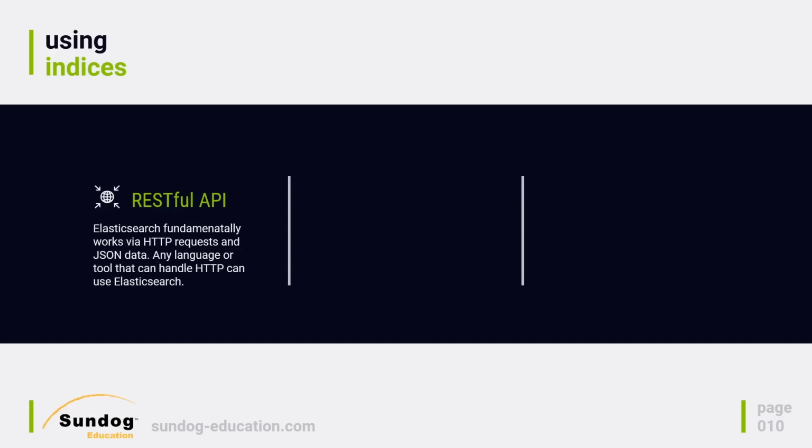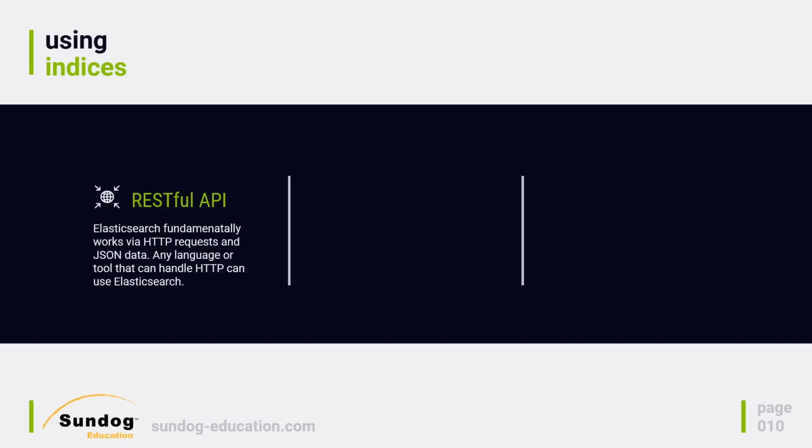And every REST request has a verb, like GET or PUT or POST, and some sort of body that specifies what it is that you want to get back. So for example, if you're looking for a web page, you would send a REST query with a GET verb, and that GET would request a specific URL that you want to retrieve from that web server. Now, Elasticsearch works exactly the same way over the same HTTP protocol that web servers work across. So this makes it very easy to talk to from different systems.